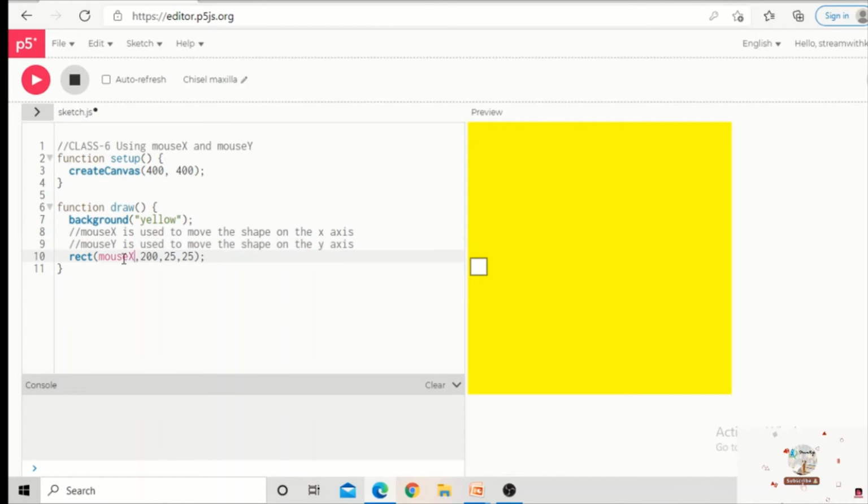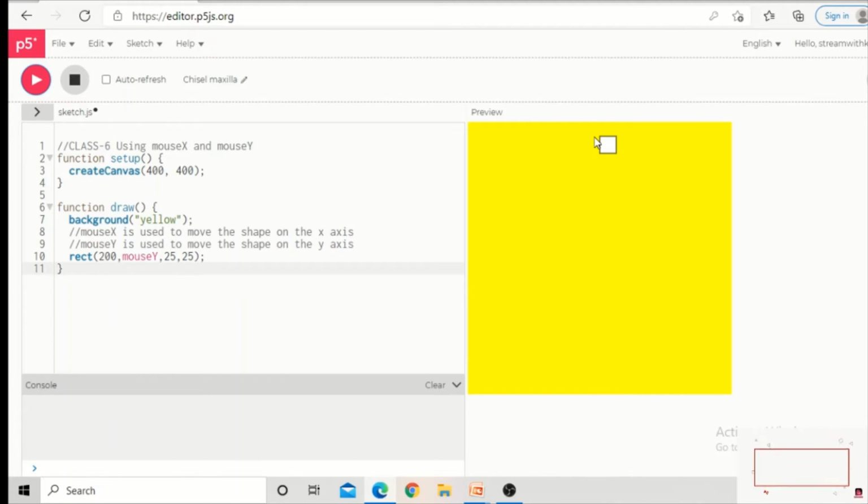Now I will delete the mouse X from the X position of the rectangle, and in the place of the second position I'll be writing mouse Y. Now I will click on the play button and I will check. You can see now the rectangle is moving up and down on the y-axis.